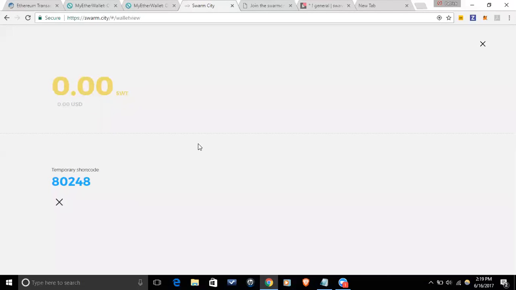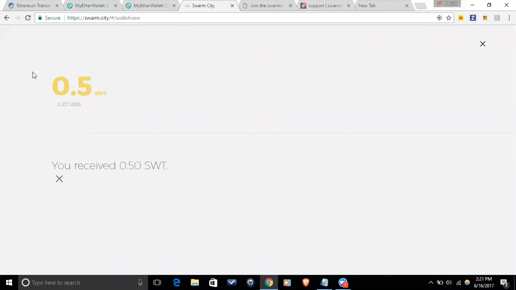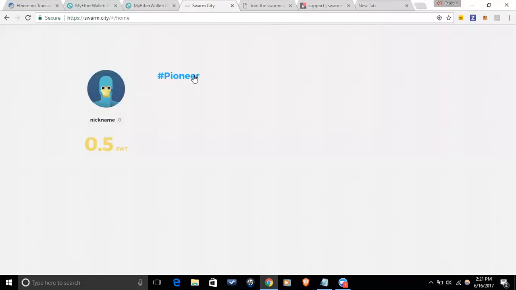All right, and then once you give them that short code, there we go. Info is being sent to the requesting party, waiting for the confirmation. I confirm on the other end, and then it'll take a minute in order for the blockchain to actually confirm the transaction, but it shouldn't be very long, and then you'll see your sweets in your actual wallet. All right, so there you can see we've received 0.5 sweet, equivalent to 2.27 USD. And now we can engage with the actual